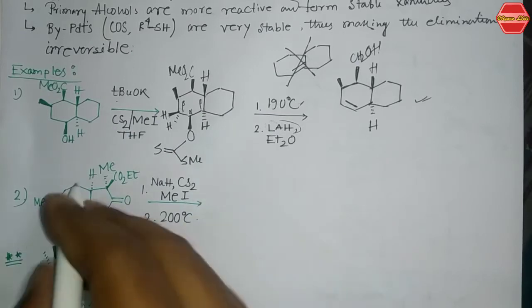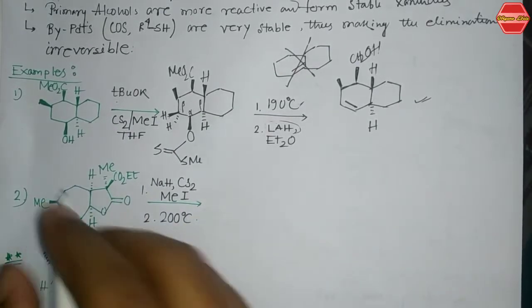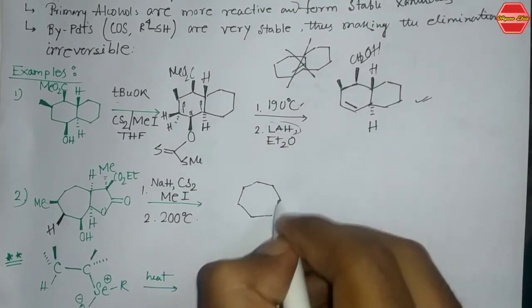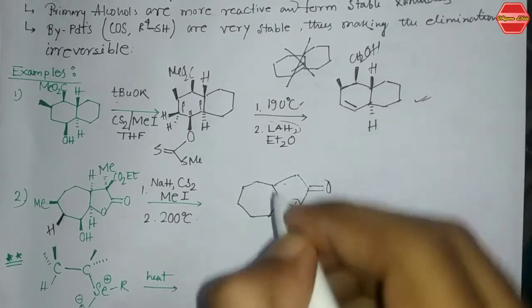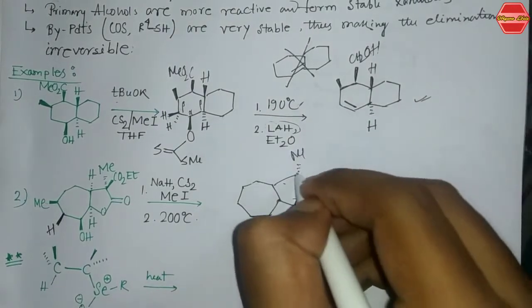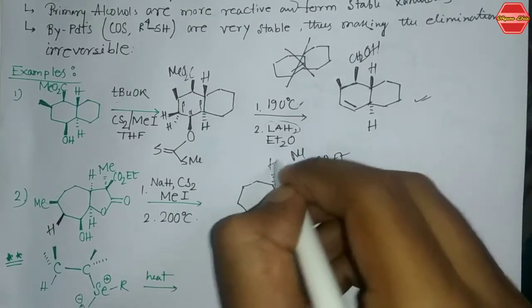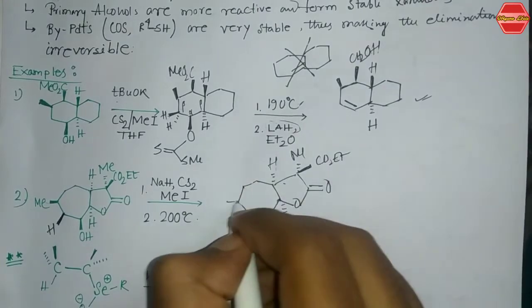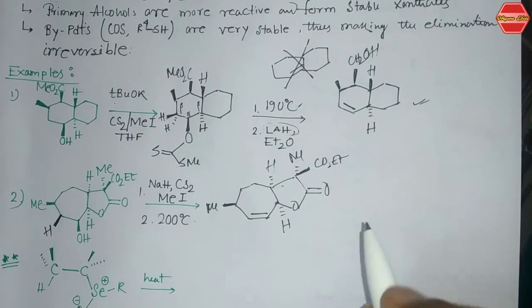So that is to maintain syn elimination, what you have is the hydrogen, and this will eliminate over here, and you are getting that product, right? That is your methyl, and the rest of the part is similar to this. This is your hydrogen, and you are getting this alkene over here. So this is the final product for this reaction.